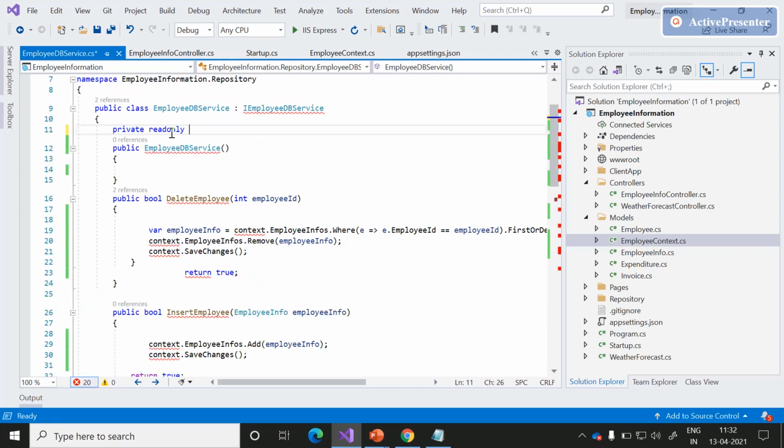Then add a private access modifier and readonly keyword which contains the employee context class. I'm just aliasing it as a context.